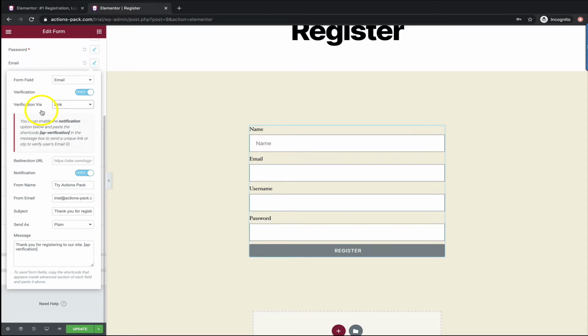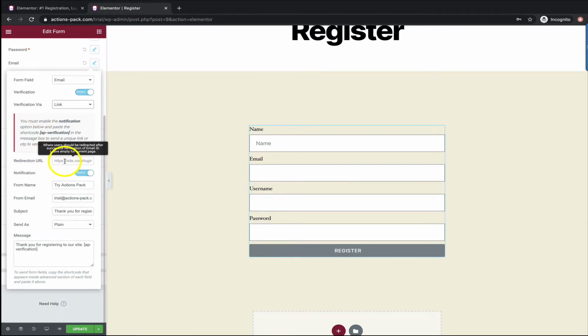Quite powerful, because the email that gets sent out won't have a link in it, so perhaps there's a better chance that that email doesn't go to a spam folder, for example, because it doesn't contain a lengthy verification link inside. But you have the choice. You can link or OTP. Obviously, SMS is an additional service that you would need to use to connect to your WordPress site.